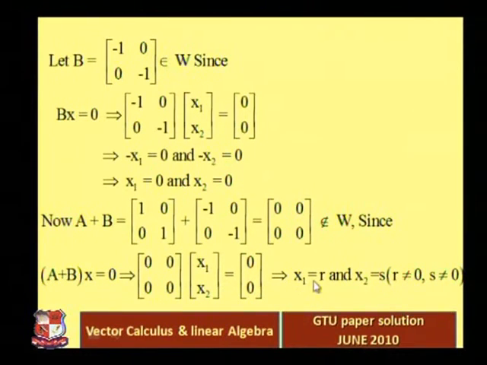So x1 is equal to r and x2 is equal to s. Why? Because you will not get x1 and x2 both equal to 0. So definitely in this zero matrix you have to suppose x1 is equal to r and x2 is equal to s. Definitely r and s are not equal to 0. So clearly A belongs to W, B belongs to W, but A plus B does not belong to